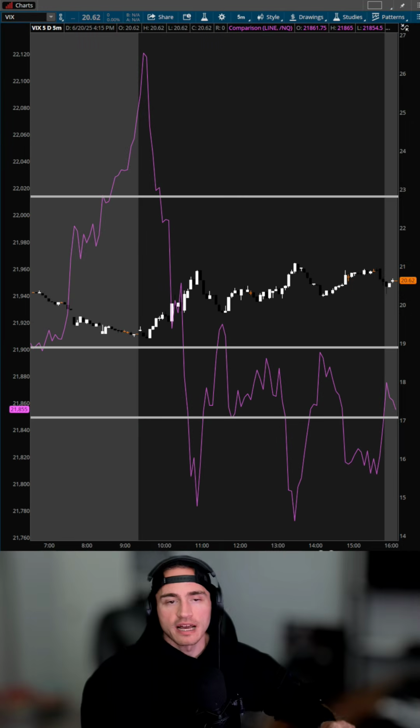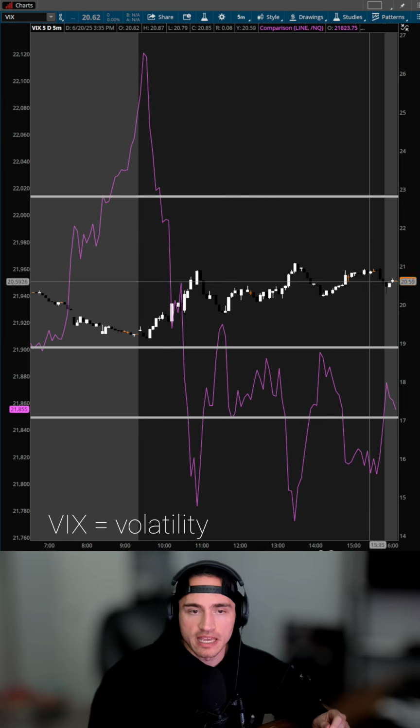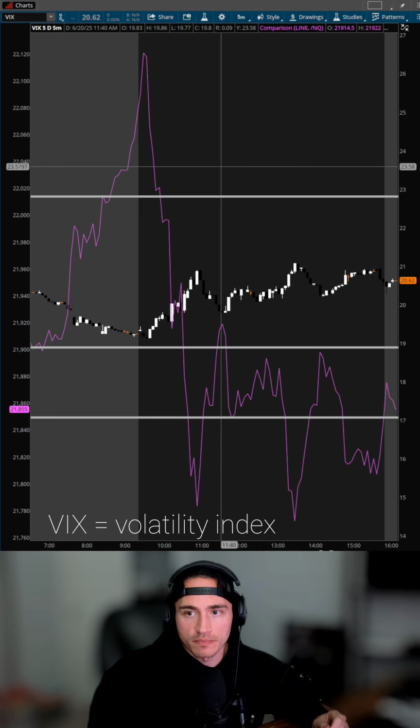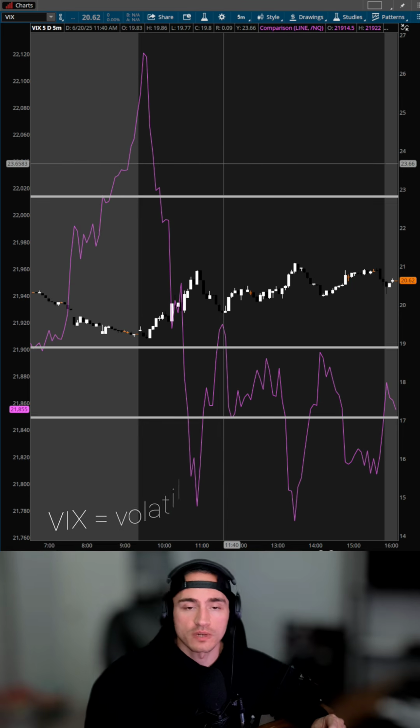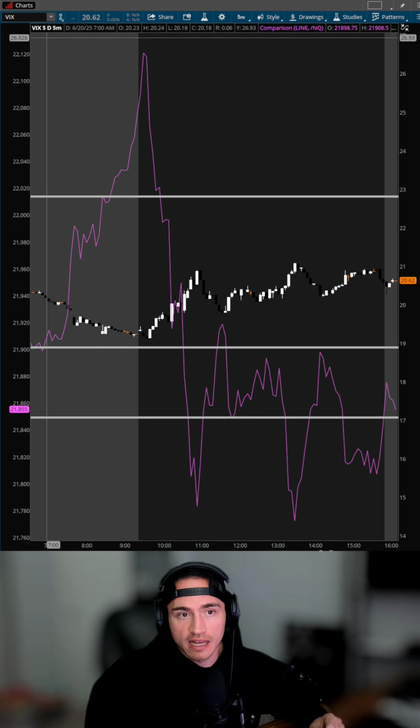If you are a day trader, I think you should definitely know about VIX and how it works. As you can see here, this is the Thinkorswim platform with Charles Schwab, and this is what I use mostly for my charting. And what you can do with this is, so right here I have VIX, but then I